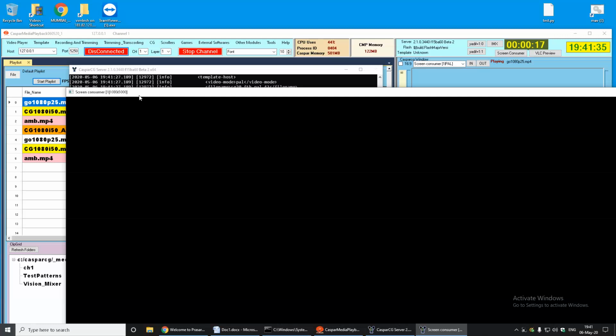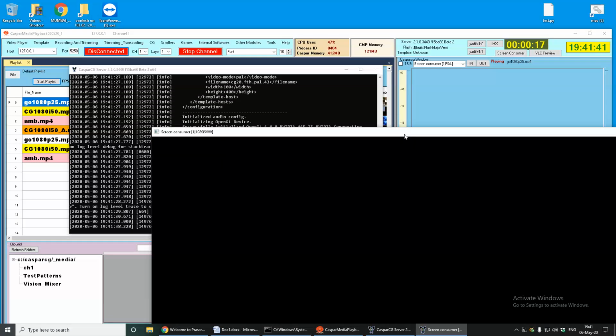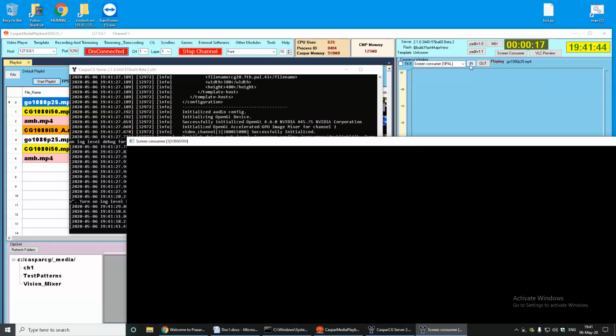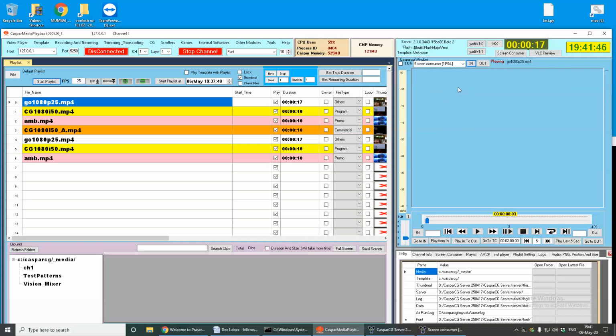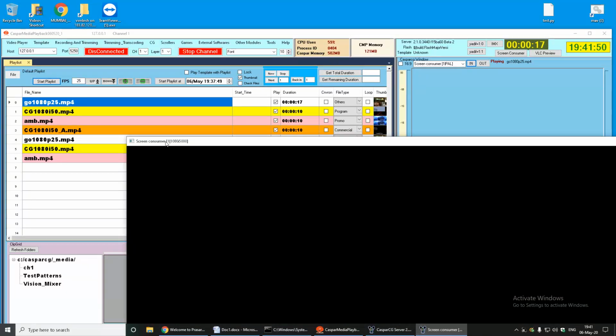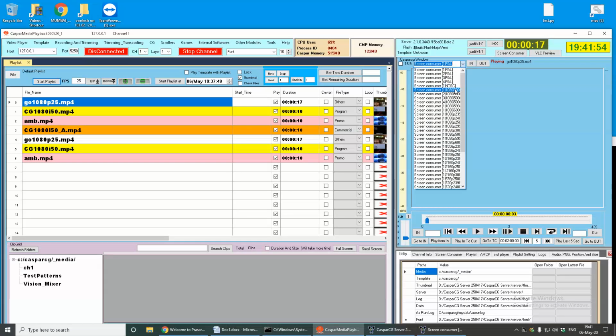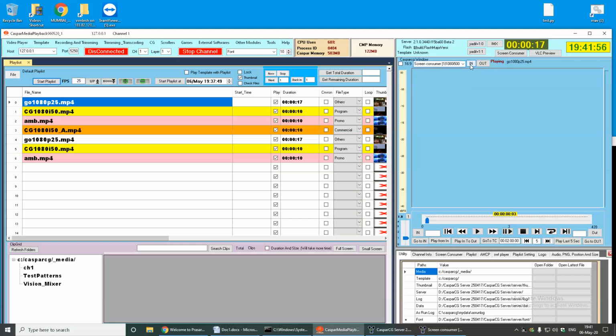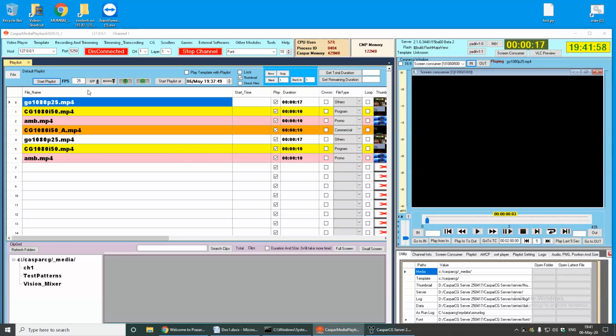So it is HD, full HD mode, and you can put this screen consumer here by clicking the in button, but it will not come here because the screen consumer's text is screen consumer 1080i 5000. So you will have to select this screen consumer 1080i 5000 and then click the in button. Now it is here, and after restarting you will have to connect manually.